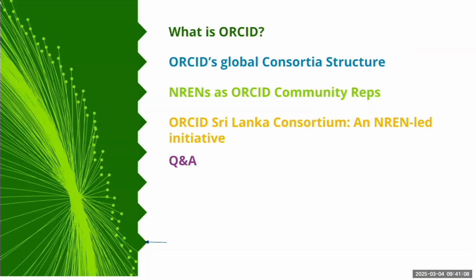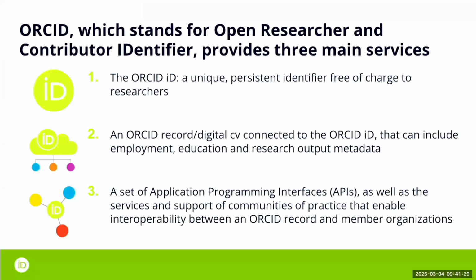So there's a few things that maybe I can add about ORCID. I can certainly tell more about the global structure and why we interact with the NREN community and why we're at APAN and GEANT and all the TNC and all the other events you may run across us. Estelle and Dalia did a wonderful job of naming that we have that persistent identifier for people. We have that sort of CV that connects with other systems, and it does that via the API